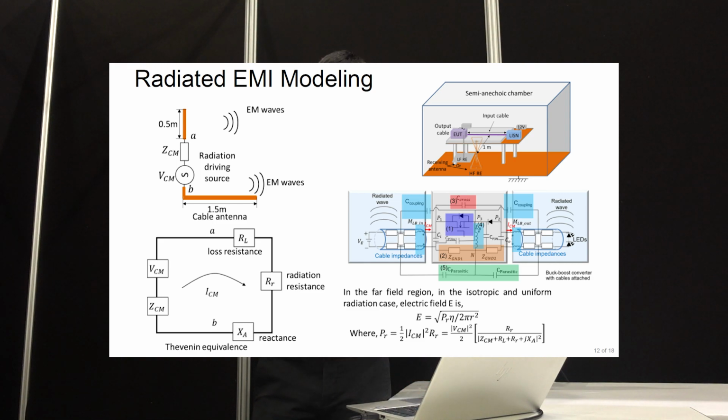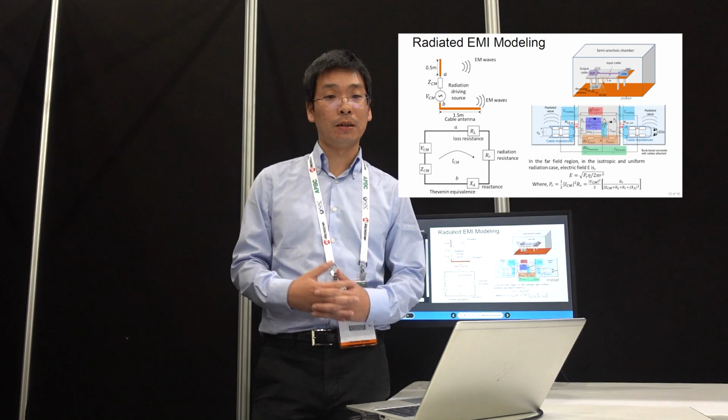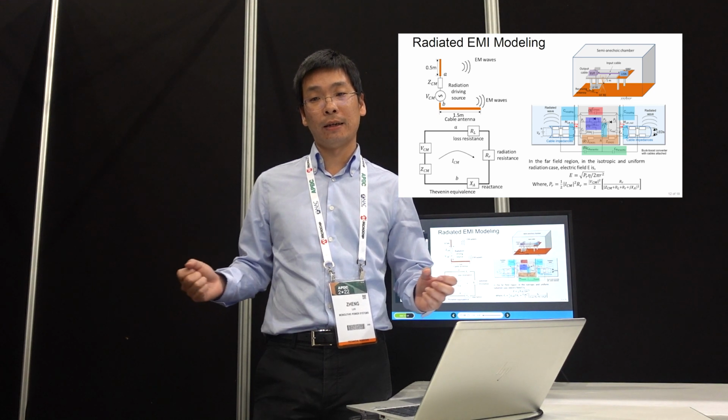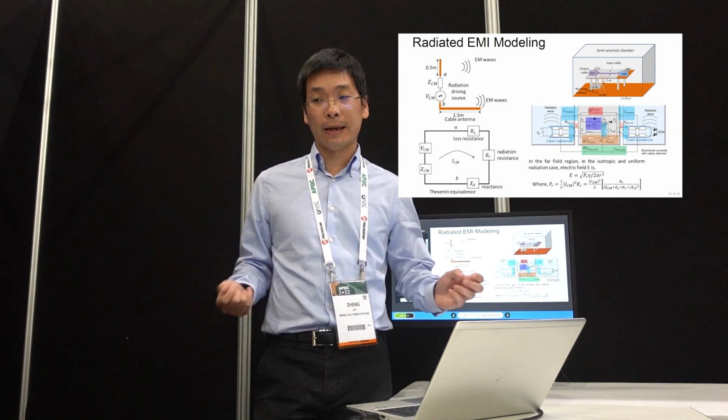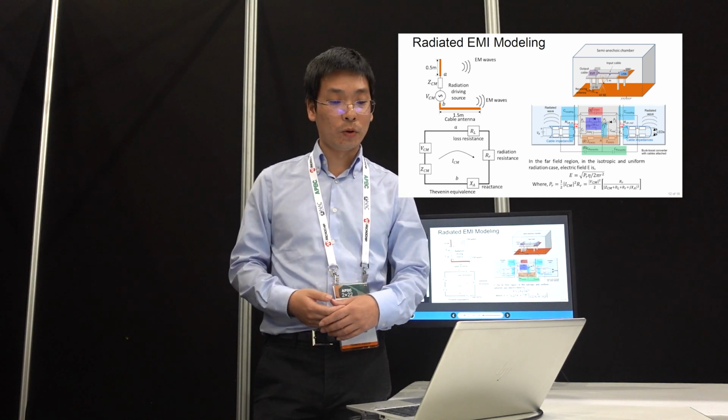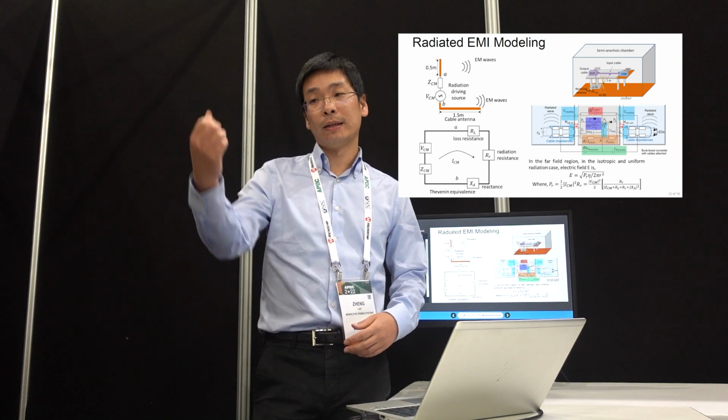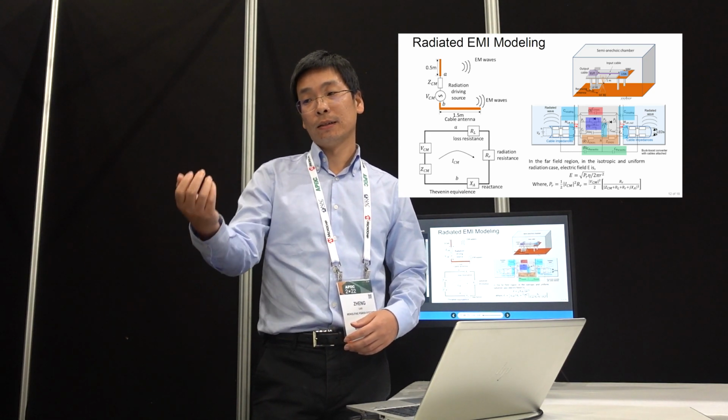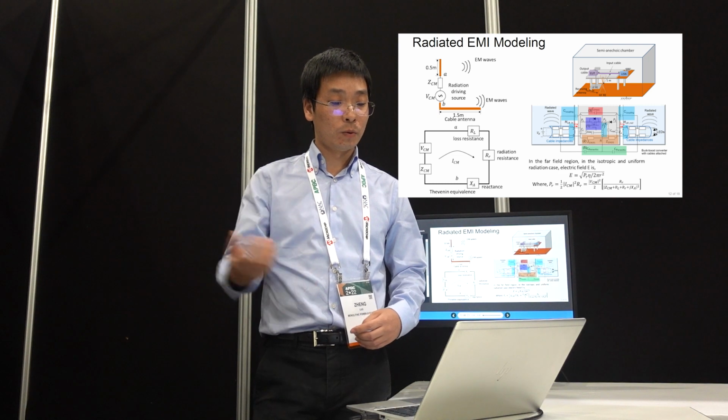For the 625, the cable is 1.5 meters long, so it's a very good antenna that radiates the noise, and then your antenna on the other side of the chamber will pick up those